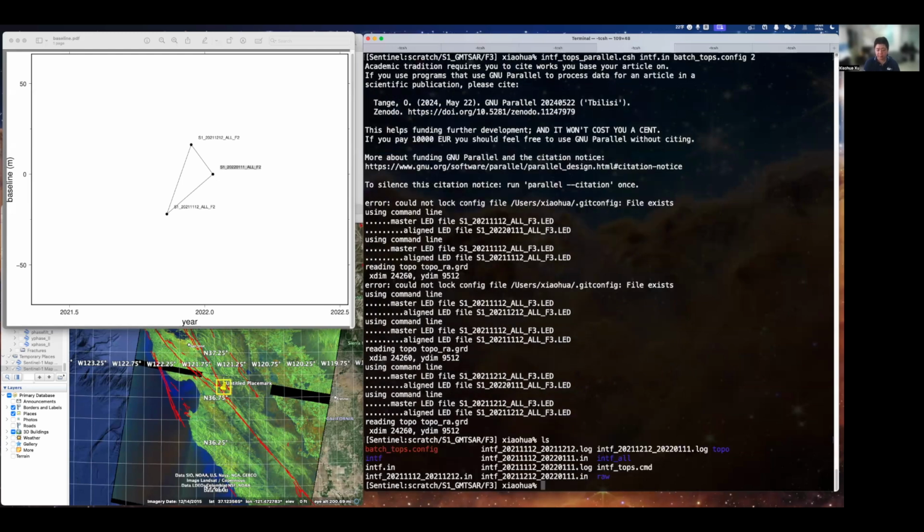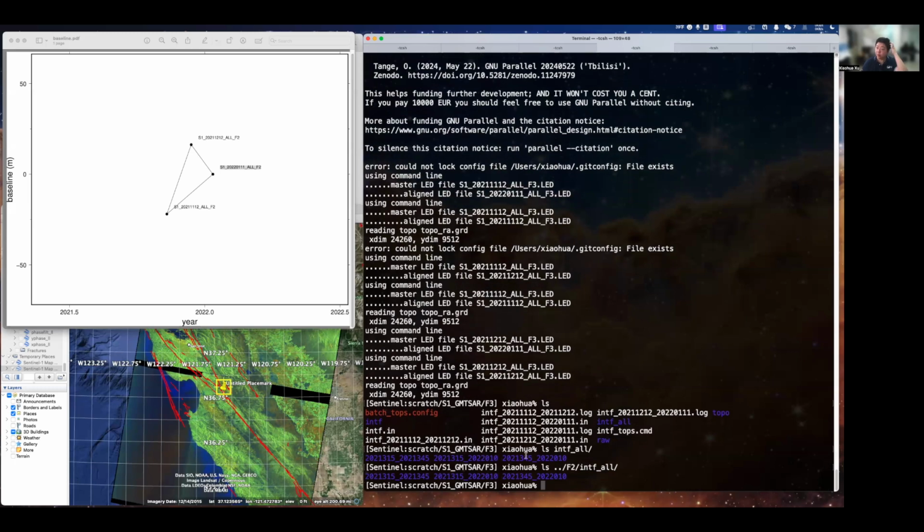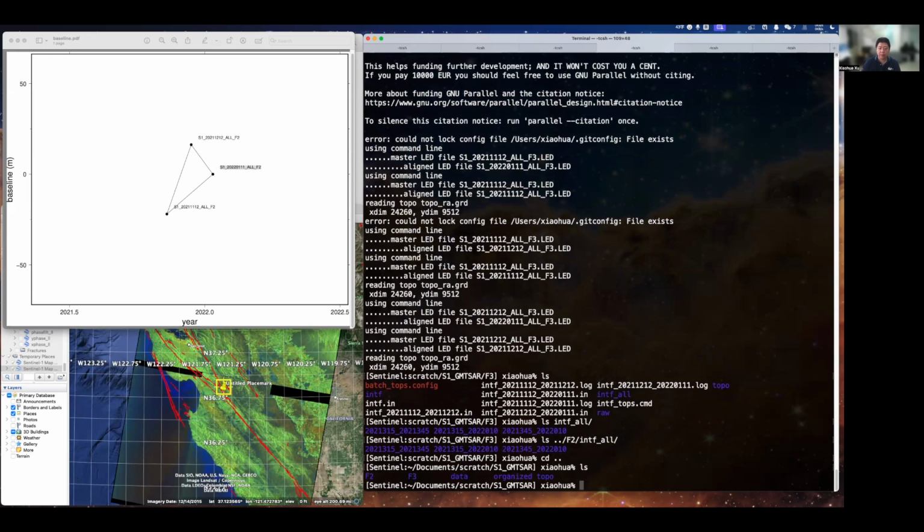As you can see, if you just do ls intf_all, you see that you have 3 interferograms generated as shown in this baseline.pdf. If you do ls on the other subswaths, you also have 3 interferograms generated here as well. So the next step will be to merge these interferograms together. But before that,